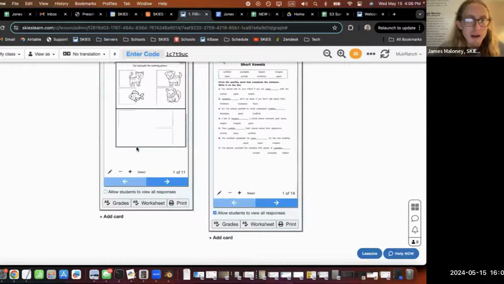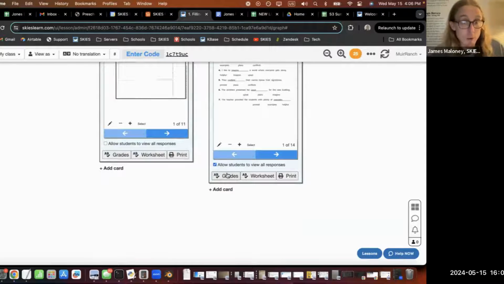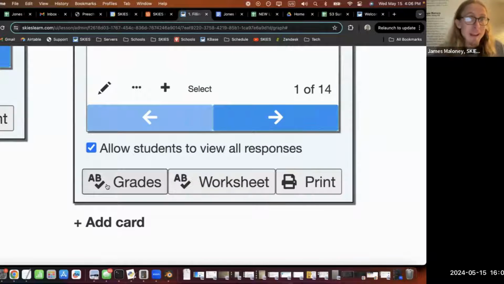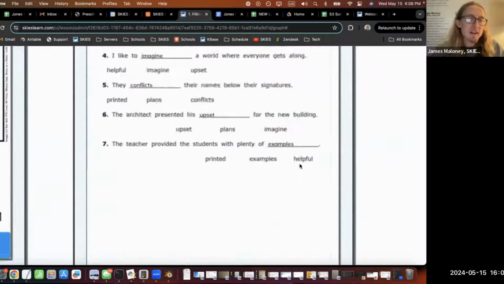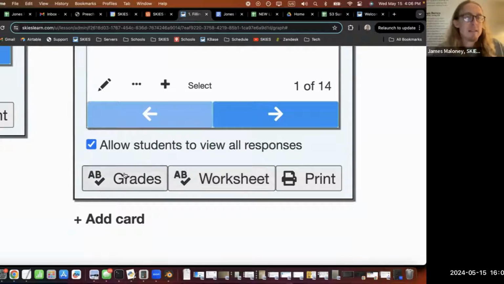I'm going to go down to the bottom where previously I was at grades, and now I'm going to go to worksheet. Grades are for any sort of open-ended responses, like kids recording their voice or recording videos or taking pictures. Kids can do any of this stuff all in one program. Any of that open-ended stuff you can grade just with grades, easy, just like I was showing before. Worksheets, pain in the butt. So we invented another button called Worksheet Grader.